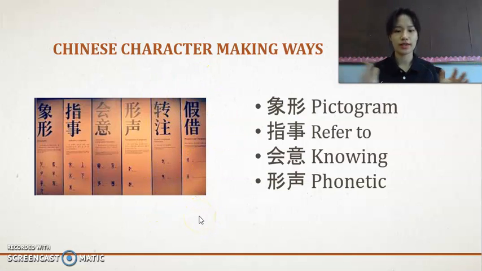So we use those 6 ways to make words. And we will focus on 4 fundamental ways: 象形, 指示, 会意 and 形声. The other 2, right now we are not using to create any new words. They were used in ancient China when there were not that many words to use. We use the other 2, 转注 and 假借. So, of course, we will learn those ways, right?